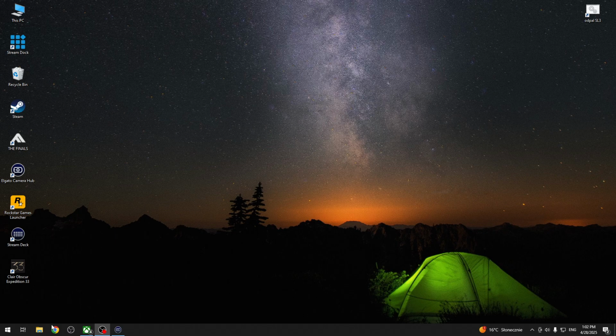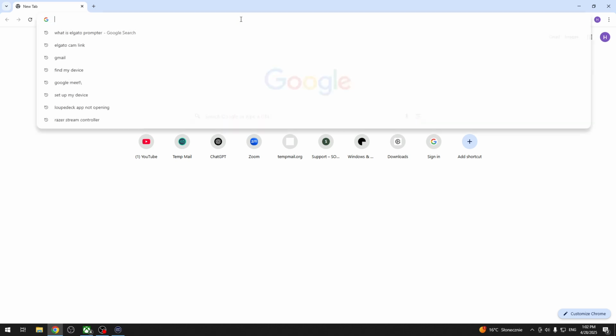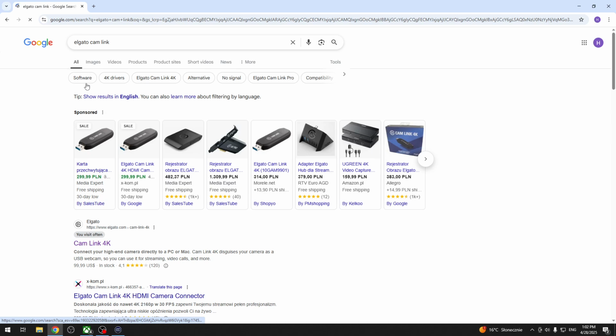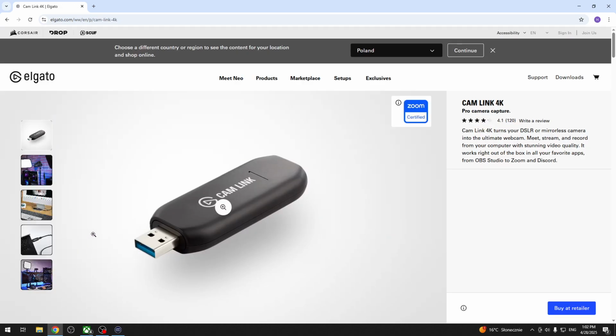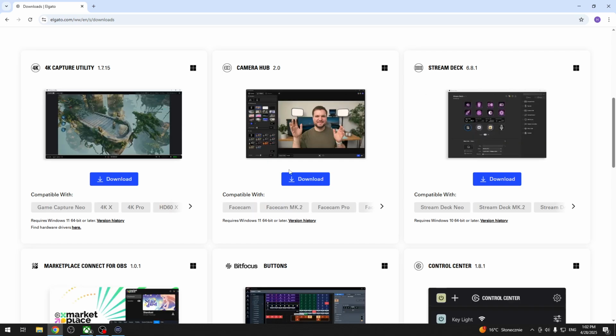So, at first we have to enter our browser and search for ELGATO CAM LINK, just our device. Here, as you can see, the first link we can see is Elgato from elgato.com, CAM LINK 4K. We have to click on it, and now we can see downloads. We have to click downloads here, and here is the Camera Hub 2.0 for Windows, and here we can click